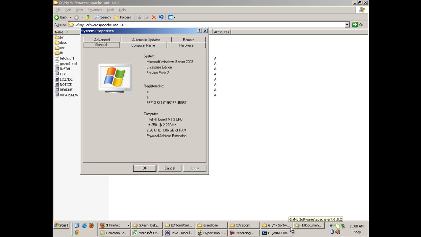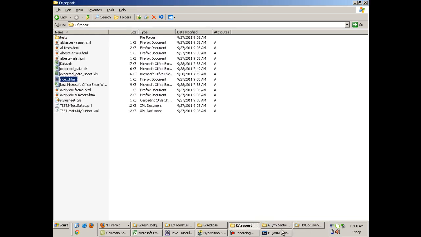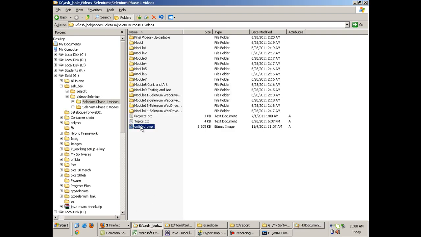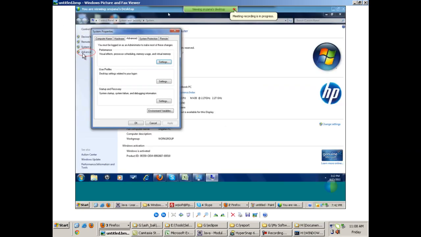In a Windows 7 environment, if you are using Windows 7 or Vista, you will get this window. I have the screenshot with me. Yeah, this one. You'll get this kind of window when you click on this advanced link over here, and you get this System Properties window. In this System Properties window, go to the Advanced tab.